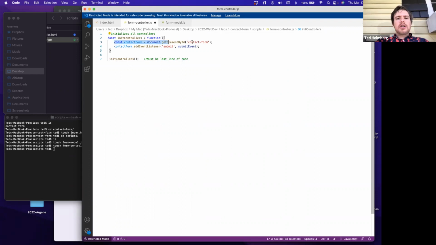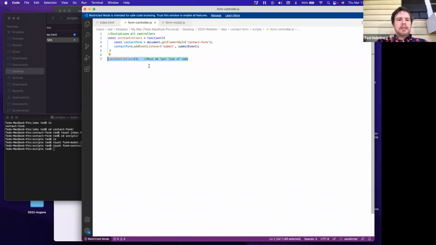What this is going to do is grab the contact form from the document using the getElementById method call, and store the HTML element in memory, and then it's going to take that and add an event listener where it's going to listen for a submit event to occur, and it's going to bind the callback function submitEvent to that, and then I'm going to invoke initControllers